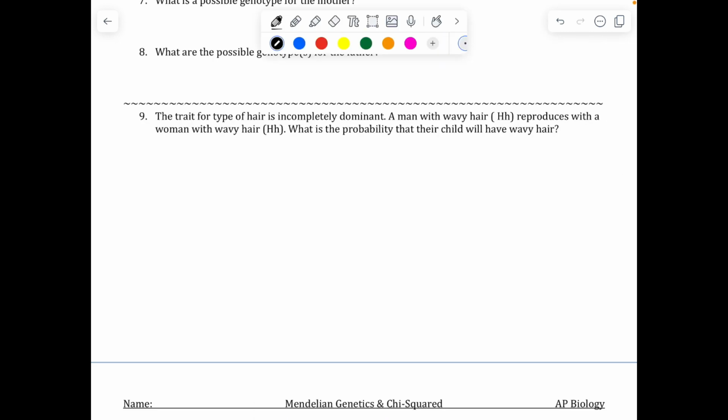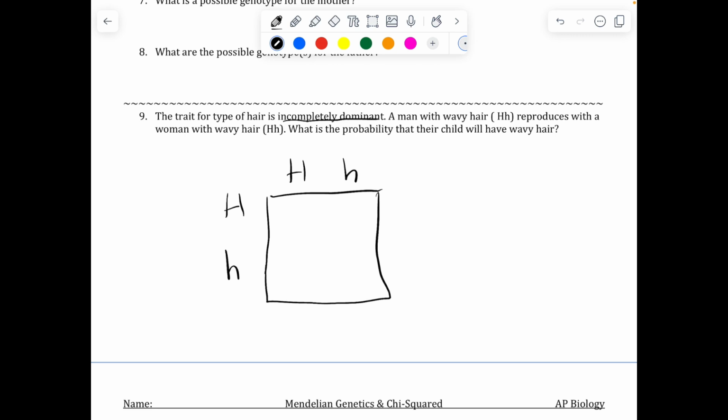When you get to number 9, that starts incomplete dominance, which is listed right in the first sentence there. The trait for type of hair is incompletely dominant. A man with wavy hair reproduces with a woman with wavy hair. So the heterozygous genotype leads to a new phenotype, which messes up your ratios. So what I mean by that